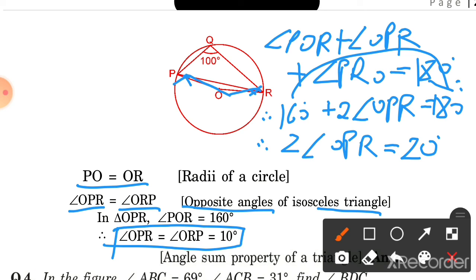Only this type of sums are asked in your exam. So in your homework, now it's homework time. So in homework you have to solve all examples and questions from exercise numbers 10.4 and 10.5 which are explained